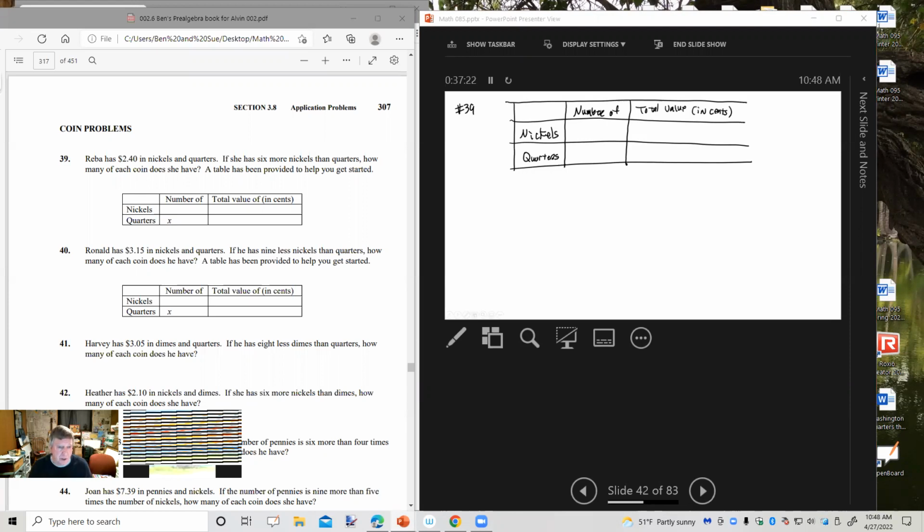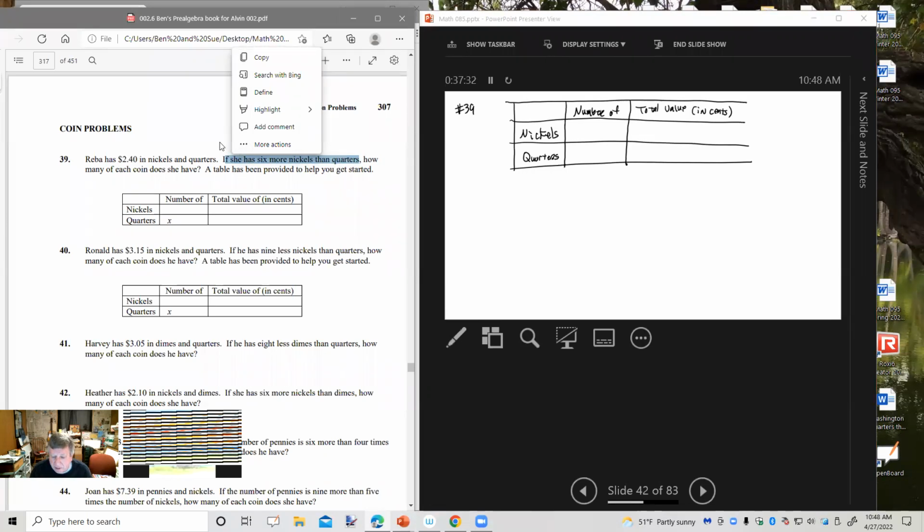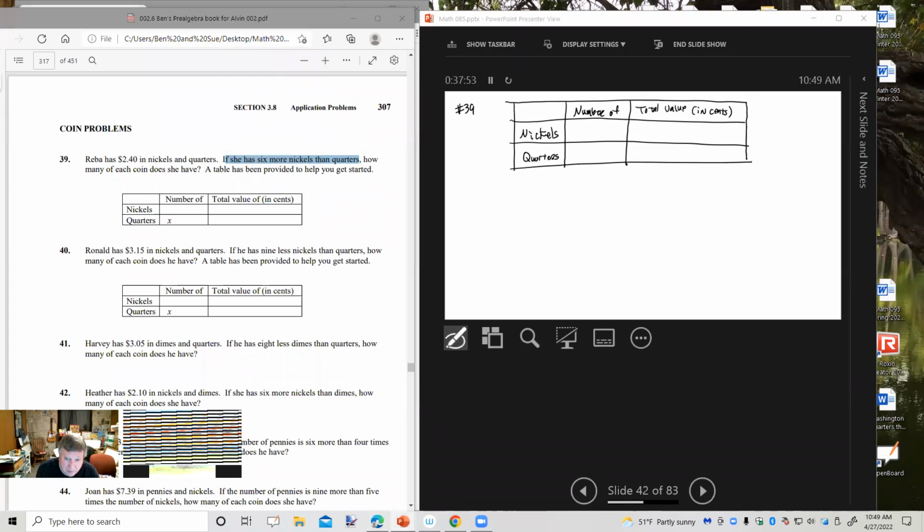What I want to point out here is there is a comparison statement, and the comparison statement is right there. She has 6 more nickels than quarters. So the number of nickels is being compared to the number of quarters. Whatever's at the end of a comparison statement is the thing or item or person being compared to. That's what we should identify as our variable, which is why you'll see in the table that quarters is called